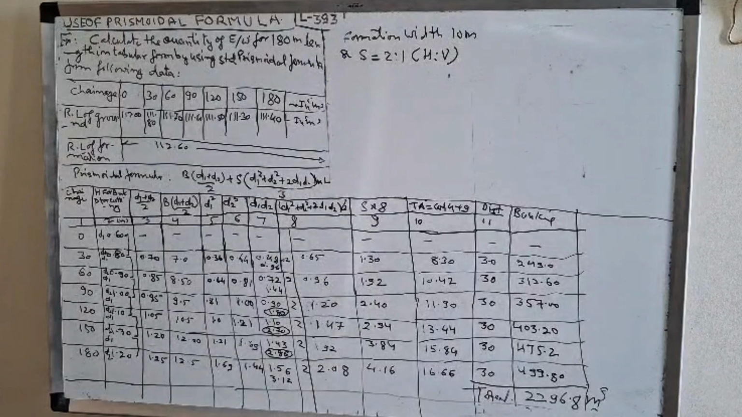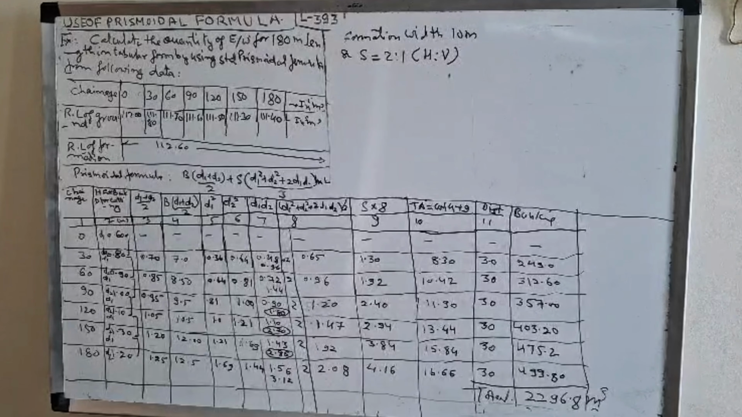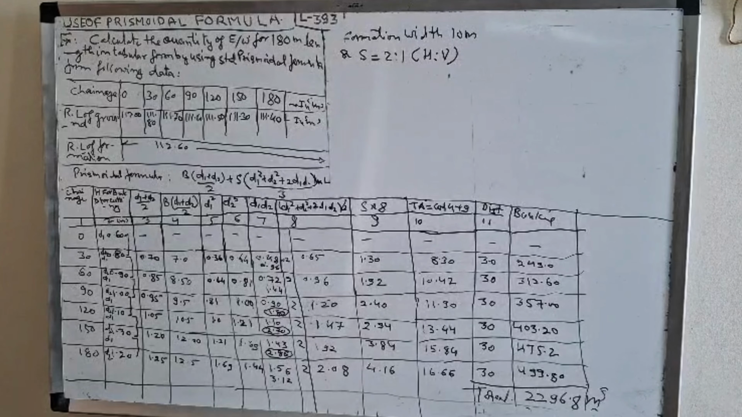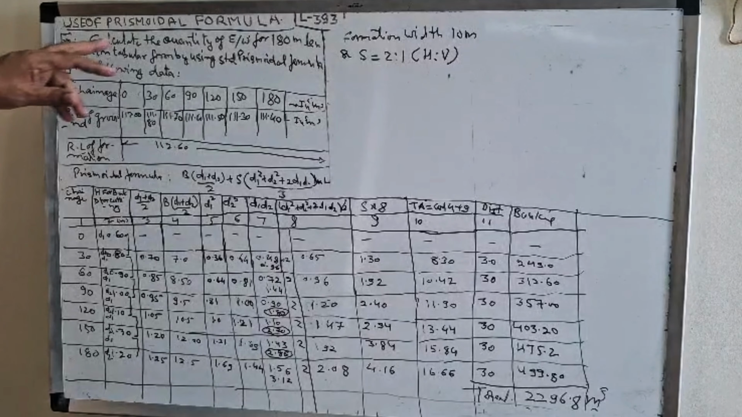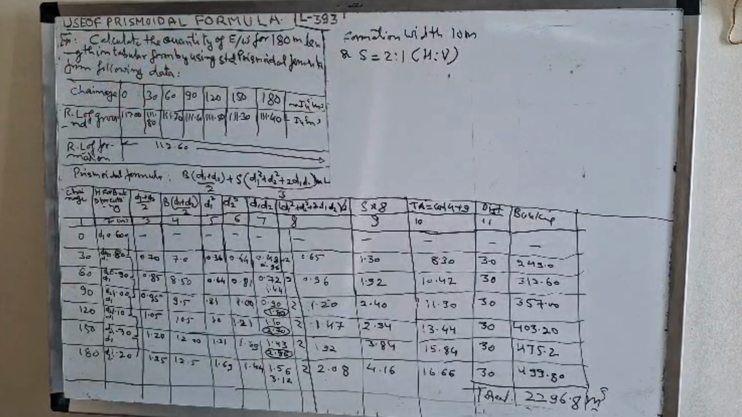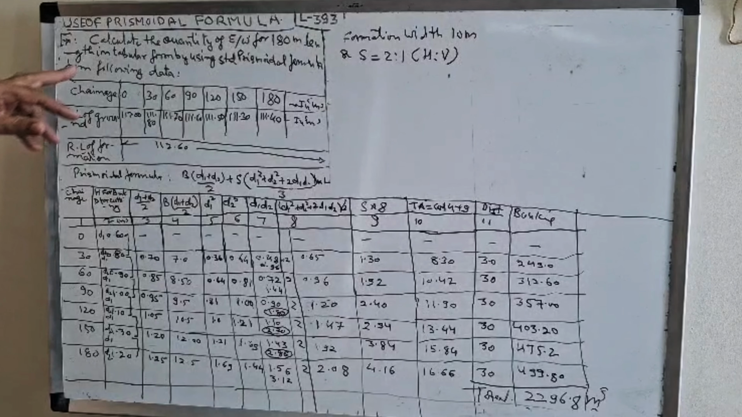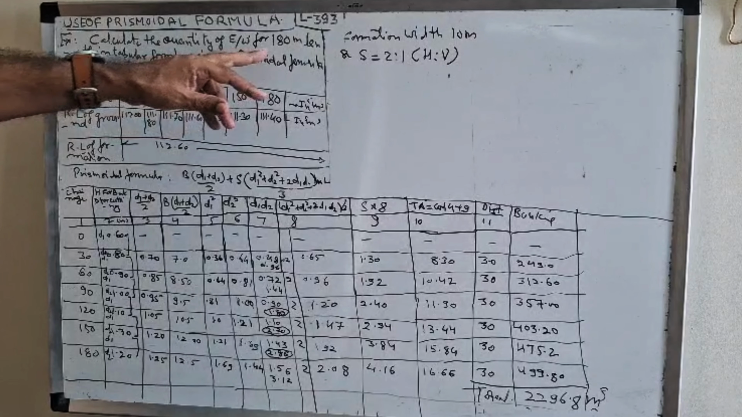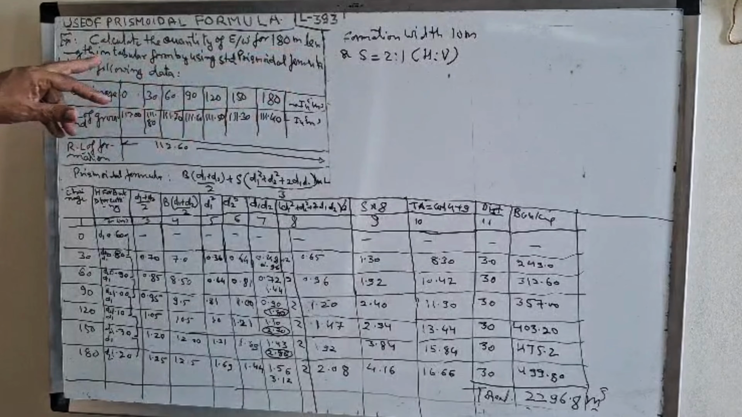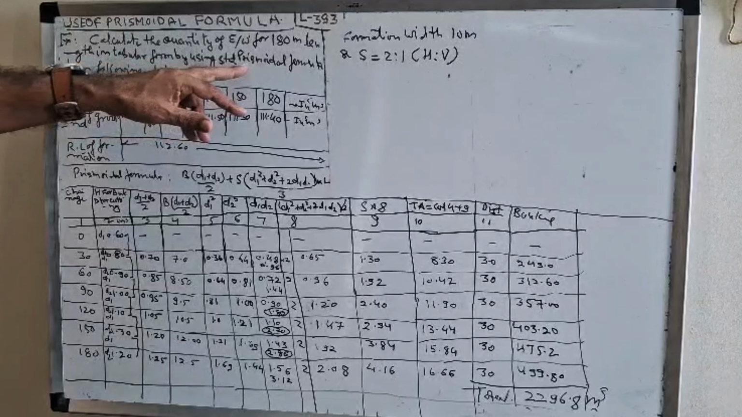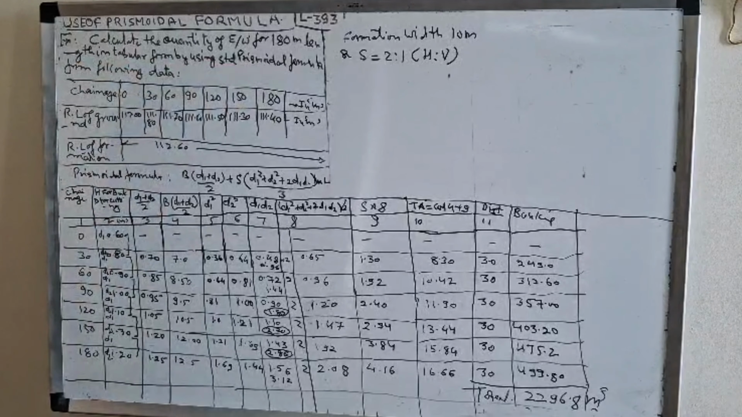This is 393. In this lecture, we will try to estimate the earthwork in banking or embankment using the Prismoidal formula. This is a question which was asked at Roorkee University. Calculate the quantity of earthwork for 180 meter length in tabular form by using the standard Prismoidal formula from the following